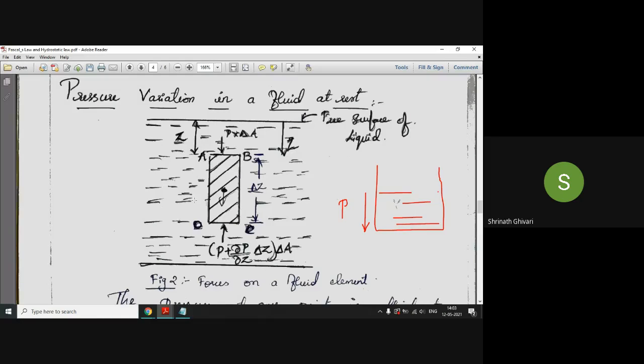So we are considering a fluid which is static or at rest, and we are considering a fluid element in that. A fluid element is a small part of that fluid. We cannot consider the whole fluid, right? So we consider a small part of the fluid, where we determine the properties. Now I will draw the fluid element separately over here. This is the fluid element which we are considering. It is also made up of fluid only. Don't think that we are putting a body. If we put a body, the same thing will happen.